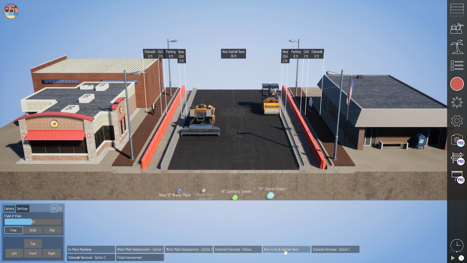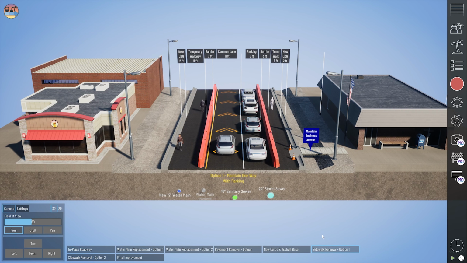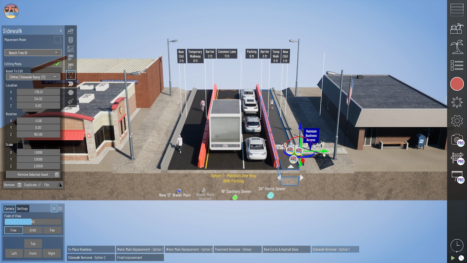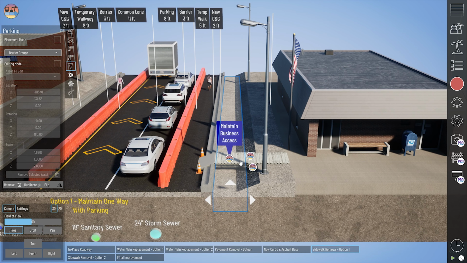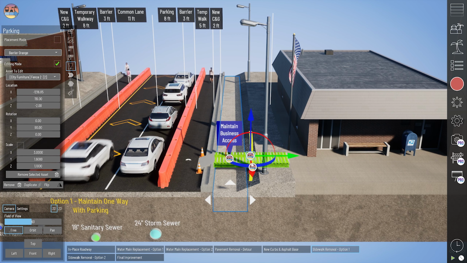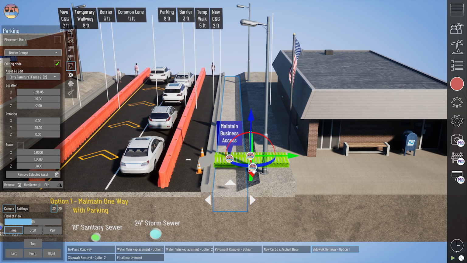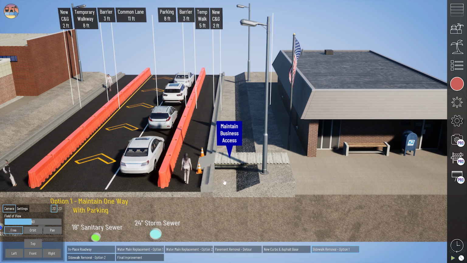So you'll see as I walk through this phasing, I'm making sure that the pedestrians do have a place to walk. This is very common in these kinds of designs for construction staging. So it's something I also wanted to show with Beyond Typicals, particularly here, something with like a sidewalk ramp and maybe a temporary wood bridge over sidewalk replacement to get people to those business frontages. This is particularly a bit of a Beyond Typicals hack where I've taken pieces of fence and turned them on their side and laid them on top of one another to look like a wood bridge over the top of